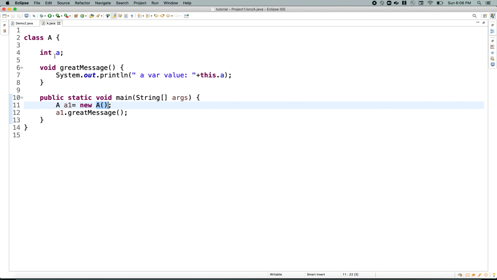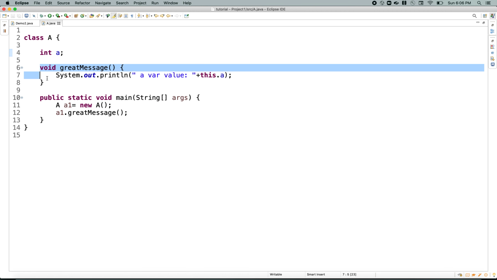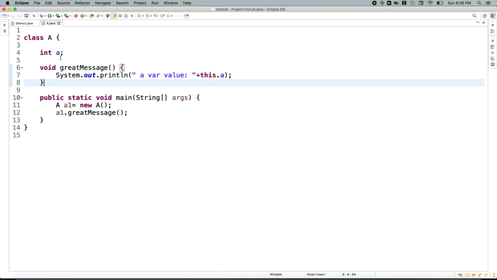So if you see here in the sample program, I have created a class, declared a non-static variable. I have a non-static method which is printing the non-static variable value a. But what is this keyword? It's a current object reference variable. We'll have a separate video on this in the super keyword, but for now I just want to give some context around this keyword.